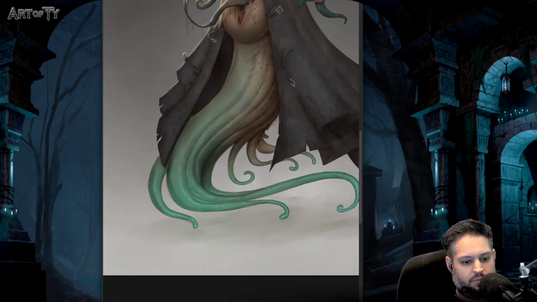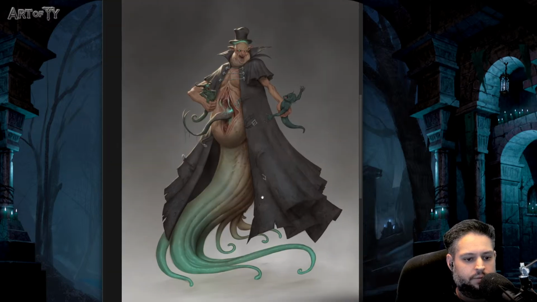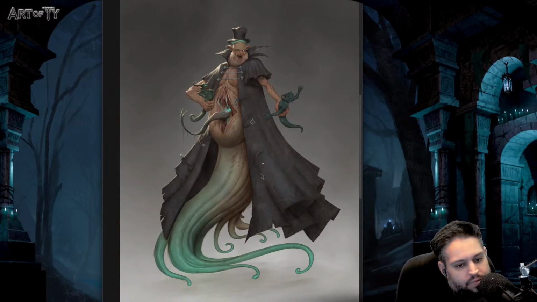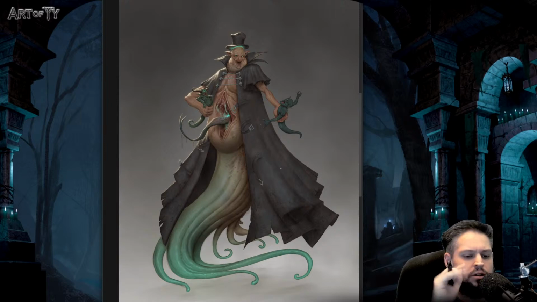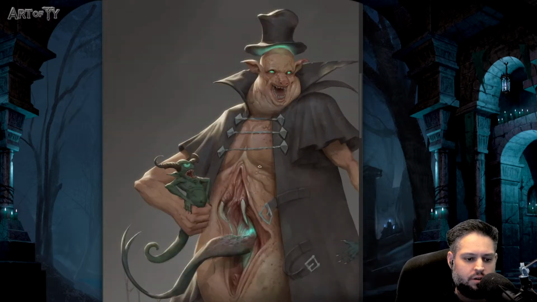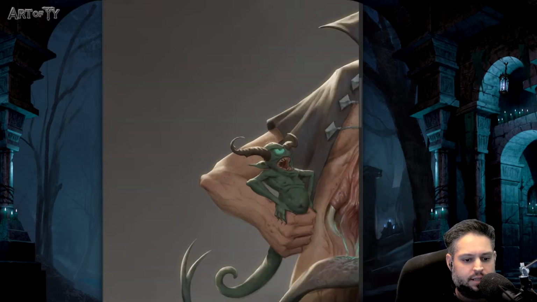Okay, I'm liking that wet situation going on with the tentacles here. I think maybe we should go in now and add specularity on the goblins. Or no, let's do his arms. We'll do his arms and then we'll do the goblins. I think that's a good plan so we can finish off